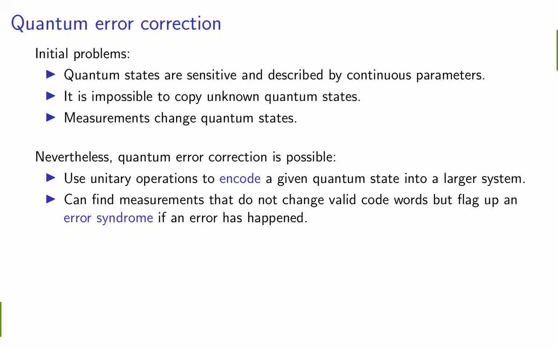Sorry, is the parity flip due to the measurement, or due to the...? No, so this would be if an error has happened. That flip is something that we don't intend, right? But like an interaction with the environment, for example, happens to affect this first qubit and flip it from 0 to 1 and from 1 to 0. And then our parity measurements will pick up on the fact that now this parity is different. So the second parity will still be the same, so we'll still have 2 zeros, 2 ones, but the first parity will be 10 and 01, so this will give us a different measurement outcome.